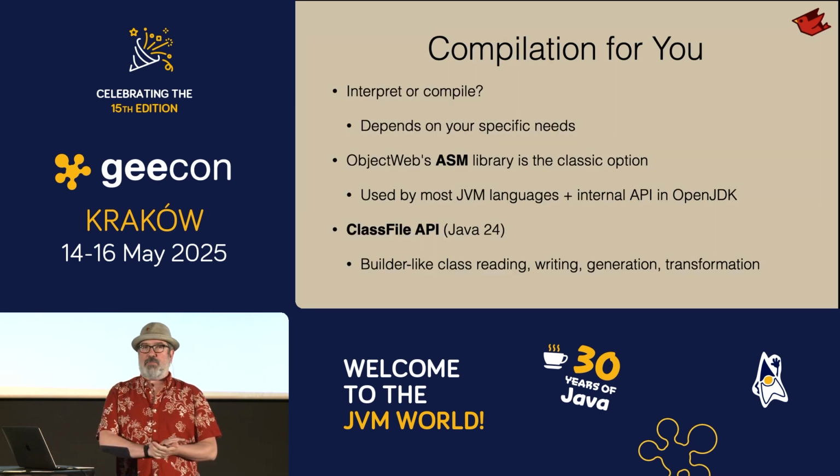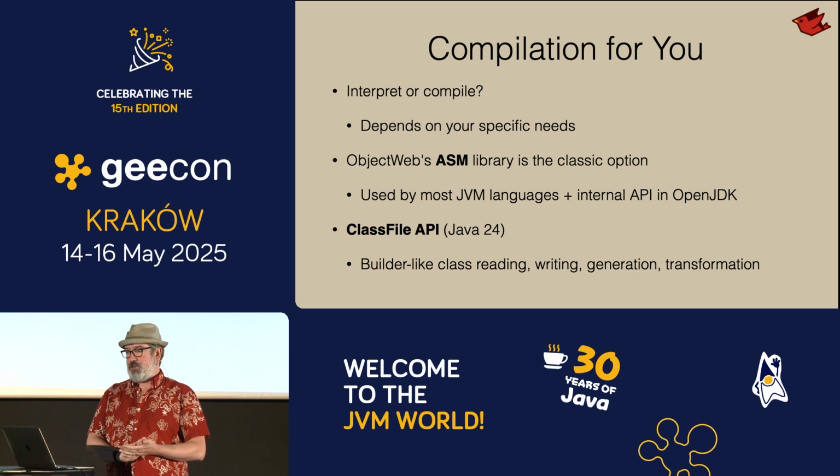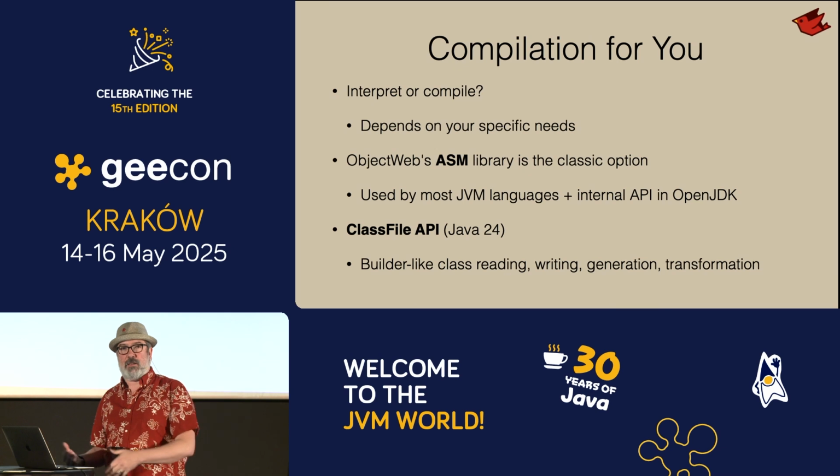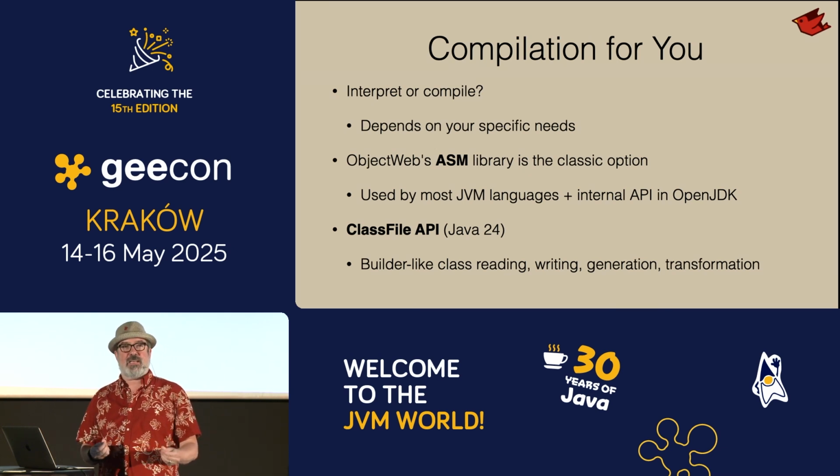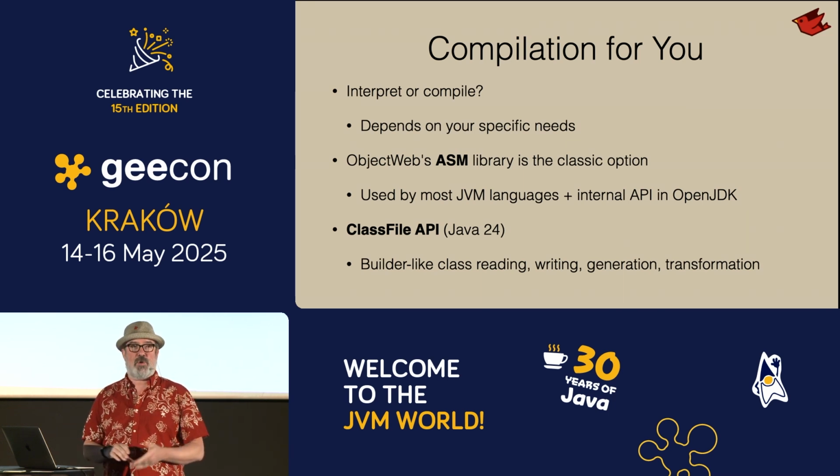So what is compilation for you, building your language on the JVM? Well, the big question to start with is whether you want to have an interpreter as part of your language. For some small language that you just want to get up and running quickly, that may be the best option. And from an interpreter, you have other options. You can start there and move on to a compiler. You can move on to a Truffle language. Start with the interpreter because it's the easiest way for you to get a hold of how your language should work on the JVM, and it may end up being one of the quickest ways for users to get up